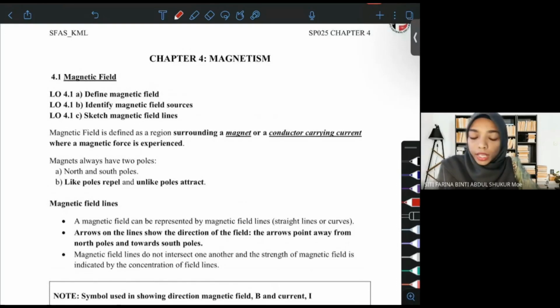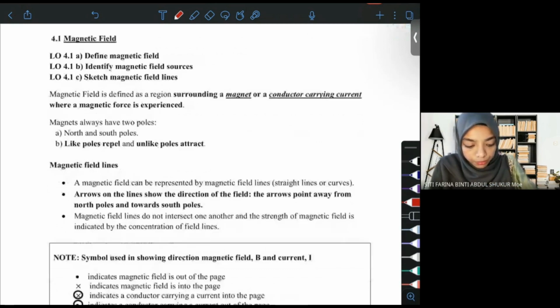Assalamualaikum and hi. So today we're going to look at a new chapter, chapter 4, magnetism. There are 7 subtopics in this chapter. However, in this video, we are going to look at subtopic 4.1, magnetic field. There are 3 learning objectives in this subtopic. The first one is to define the magnetic field, and to identify magnetic field sources, and finally to sketch magnetic field lines. So now we're going to look at the first subtopic, magnetic field